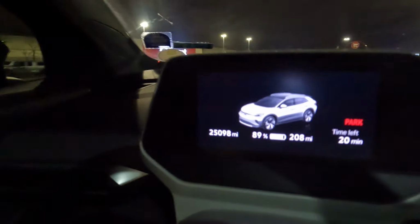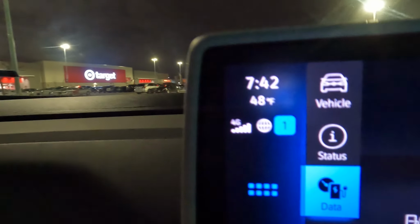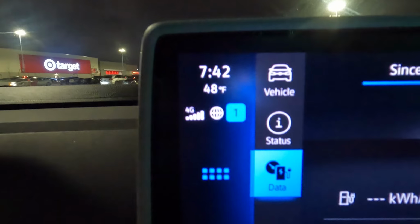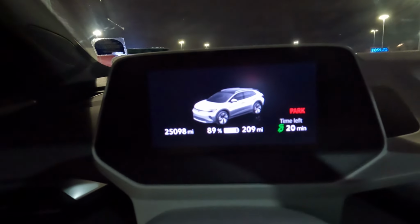So now it's guesstimating we're at 89%, 208 miles of range. I really think eco mode's making a big difference, as well as the fact that we preconditioned it. I think it's a combination of the two. It's a little warmer down here in Chicago versus in Milwaukee. It was about 40 degrees when we left in Milwaukee. It's 48 here according to the car. And yeah, so we're gonna get going here. I'm gonna go ahead and unplug. So we're at 89%, 209